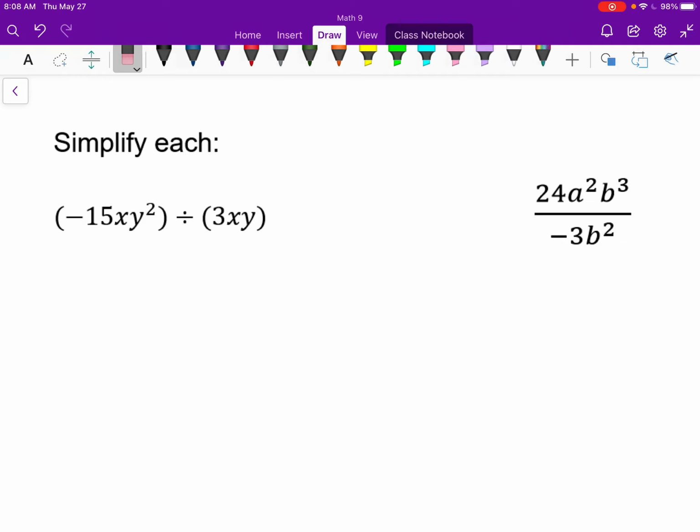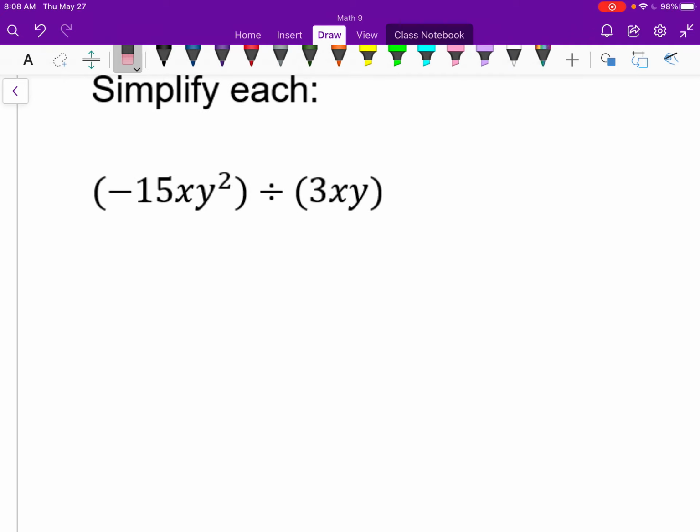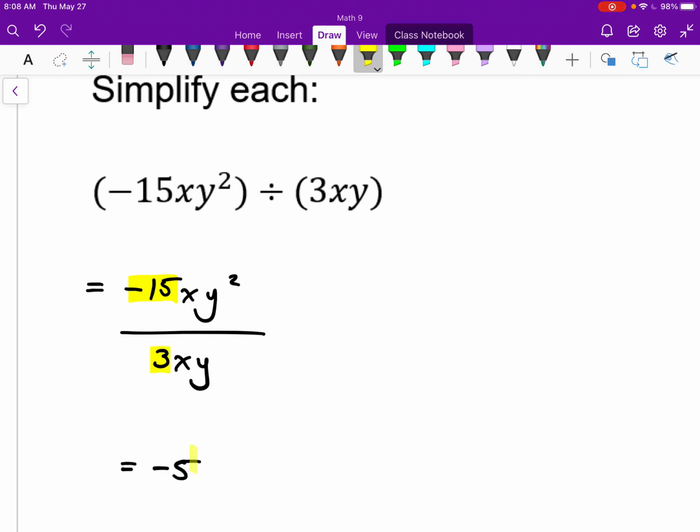And so in general, for this first one here, I have nothing against the division symbol, but I like writing it as a fraction better. So again, I'll write it like this. It just helps if I write it down properly. And with that said, notice how similar this is. Negative 15 divided by 3 is negative 5. Here I have x divided by x cancels out entirely. So those x's are just completely canceled out,